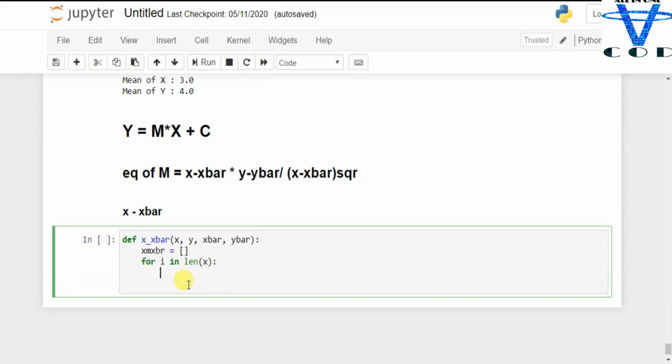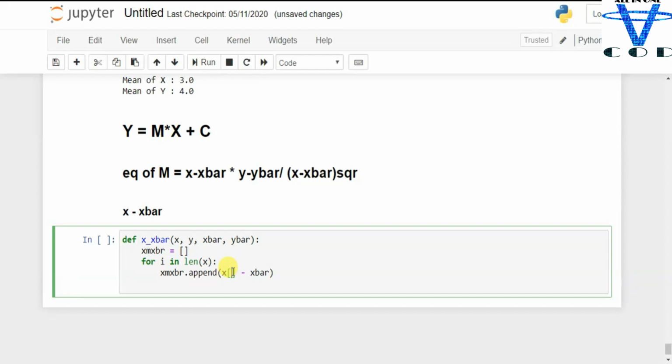So let's say x minus x bar dot append x minus x bar. Okay, so this is the formula, but in here I have to pass the x of j. Now what is j?